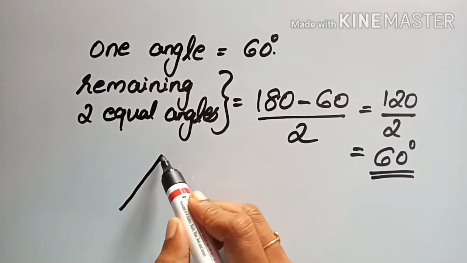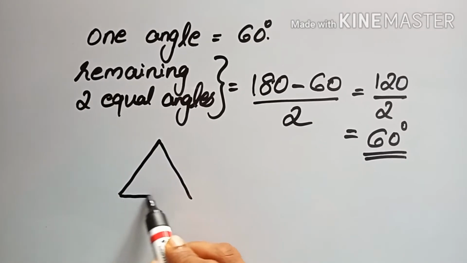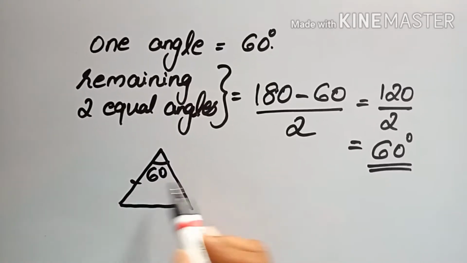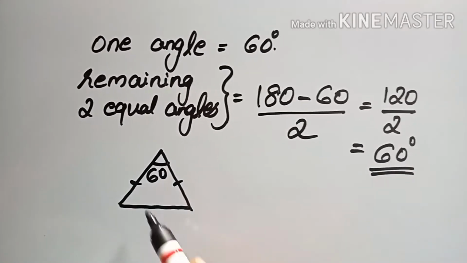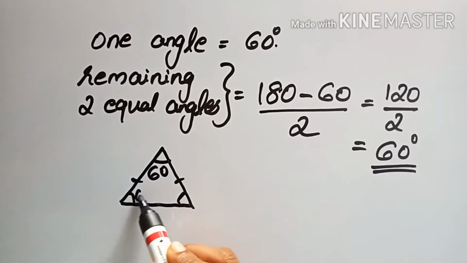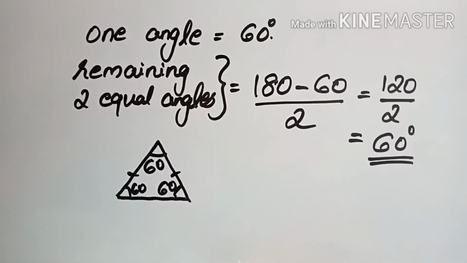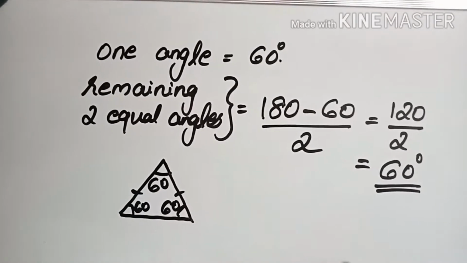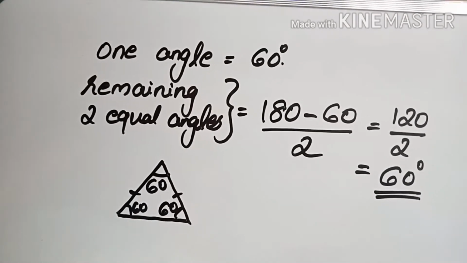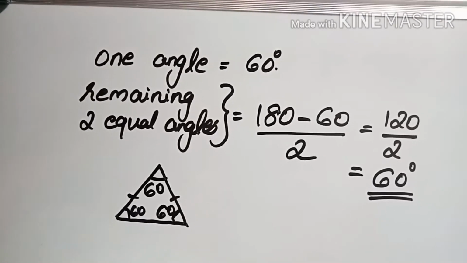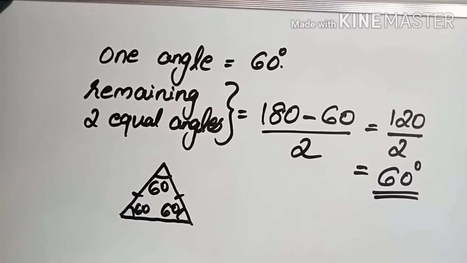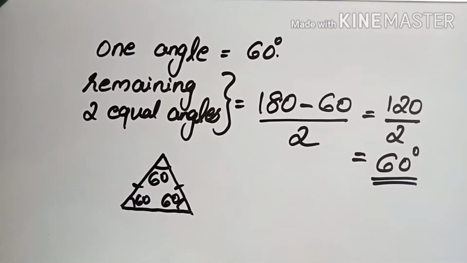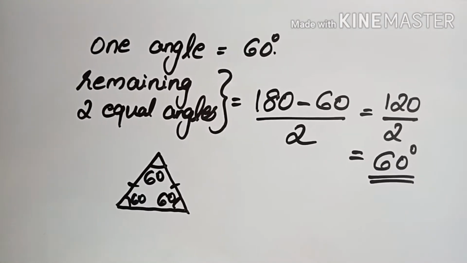So one angle of 60 degrees means the approximate figure will be like this. Okay, this is 60 degrees. So these two sides are equal. Then the opposite angles will also be 60 degrees here, 60 degrees here. This is not only an isosceles triangle, it is an equilateral triangle also. Okay, that is our next rule. That means not every isosceles triangle is an equilateral triangle, but every equilateral triangle is an isosceles triangle.